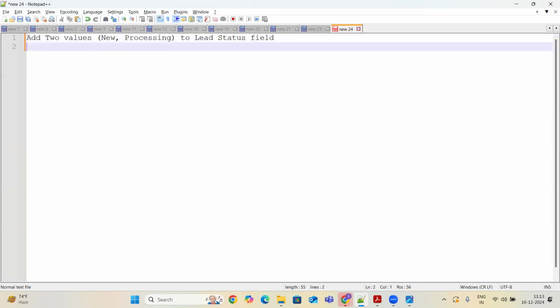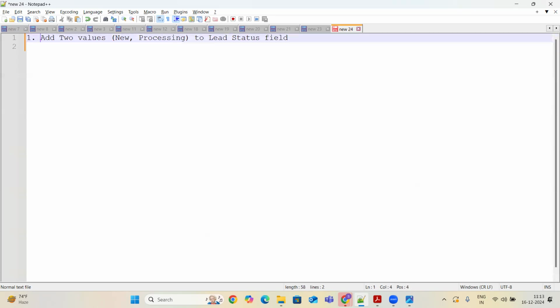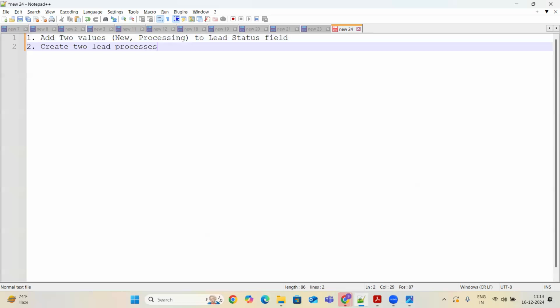And then the second thing is create two lead processes.